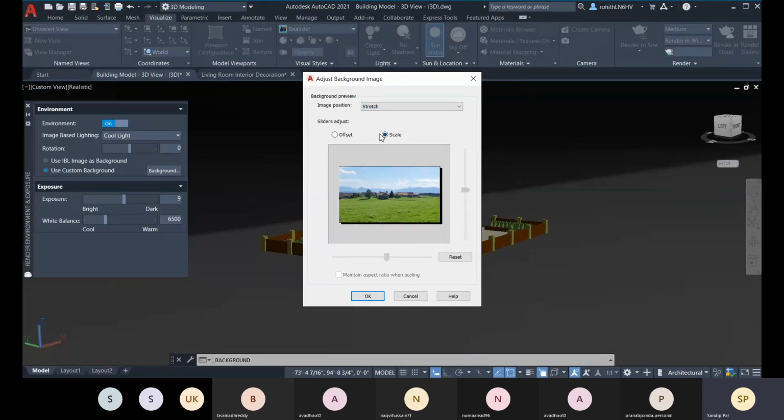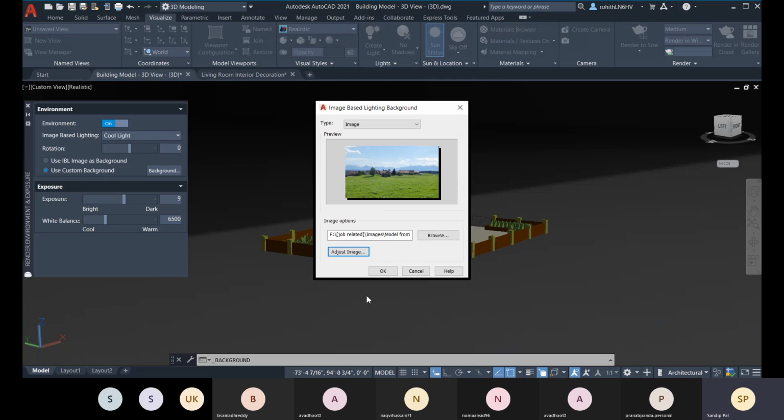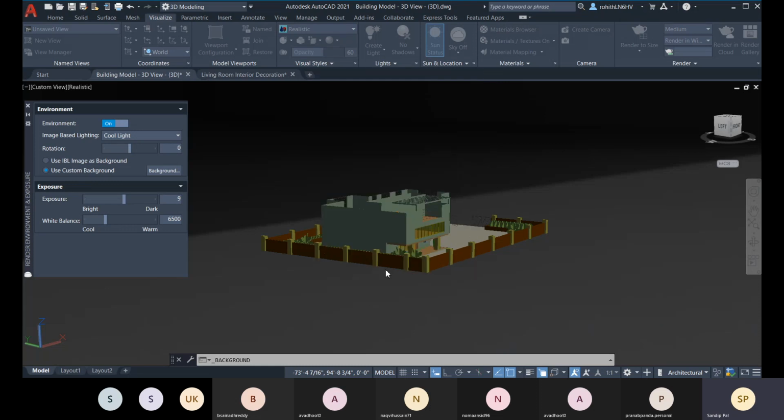So as per the settings, you will scale it. Whatever is needed, you can choose it. Here you can see, and you can stretch it. So let's go for it and click on OK.